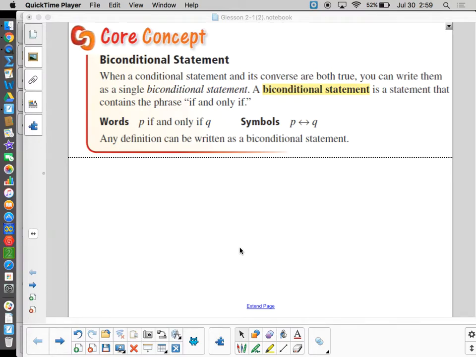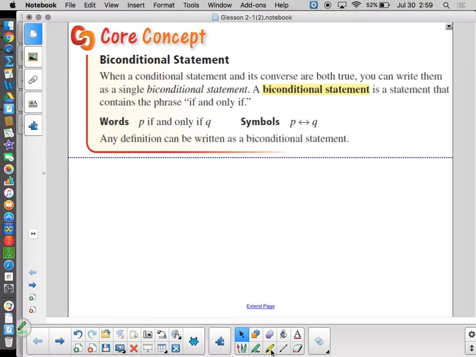For today's lesson, we're going to look at something called a biconditional statement. A biconditional statement is kind of like a conditional statement, but instead of using the if at the beginning and the then in the middle, the biconditional statement uses this special phrase, if and only if, in the middle. So, whereas a conditional statement looks like if blank,